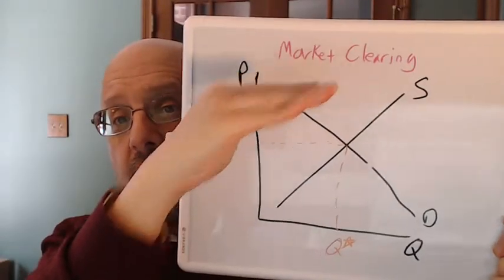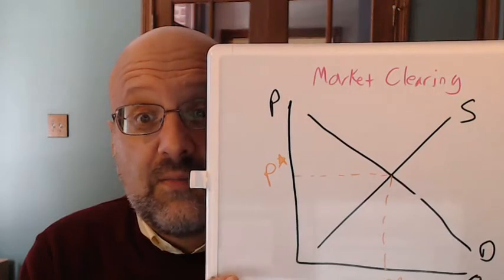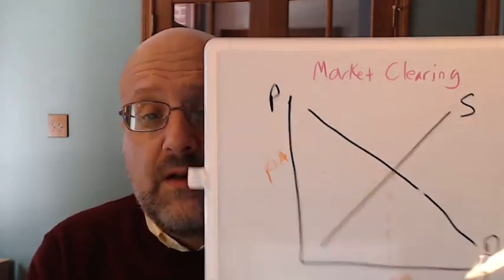If the price starts out above market clearing, say up here, we'll have lots of people willing to supply the good, but not many people interested in purchasing it. So what's going to happen here? The suppliers are going to say, hey, we can't seem to sell all these goods we brought to market. We're going to start to lower the price and induce more buyers in. Some buyers will say, well, at that price, I'm willing to buy. And as the sellers compete with other sellers to lower their price, it will induce more buyers in. We head back towards market clearing.